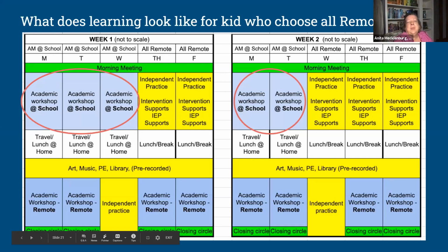And so in this model that Seeley just showed us, where in those blue circled areas, the kids who are hybrid are coming to school, that will be where there's a slight shift for the remote kids. They will still be getting remote instruction during that time, but because their home classroom teacher is with the kids who are in the hybrid model, there will be a different public school teacher working with them just in those, if you see, that's a 2-week period. So over the 2-week period in those 5 blocks of time, they will be taught by a separate teacher, but